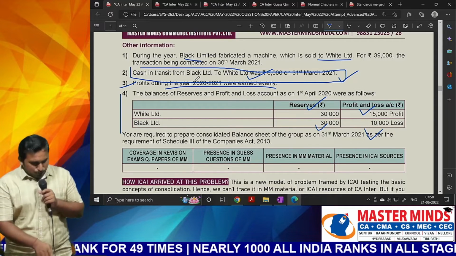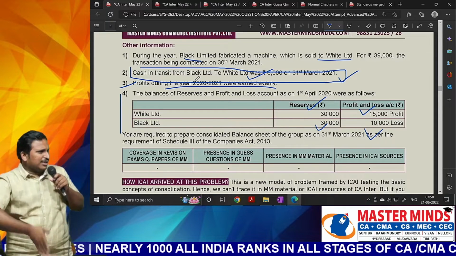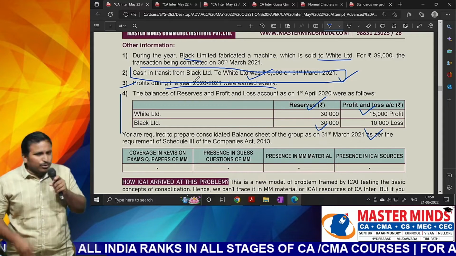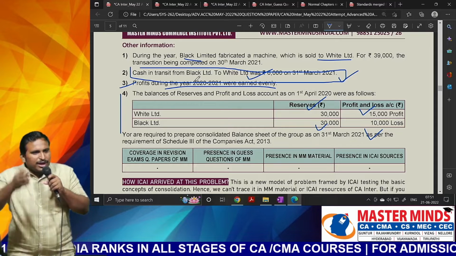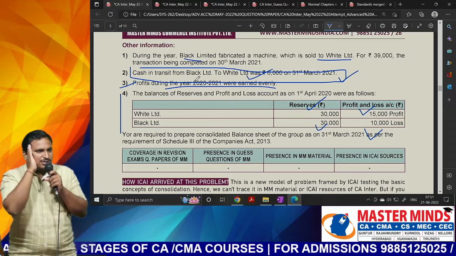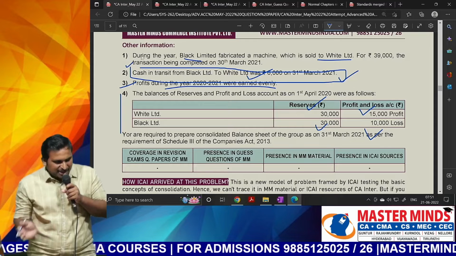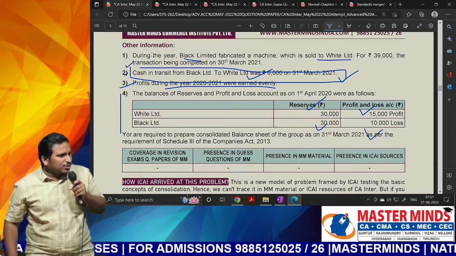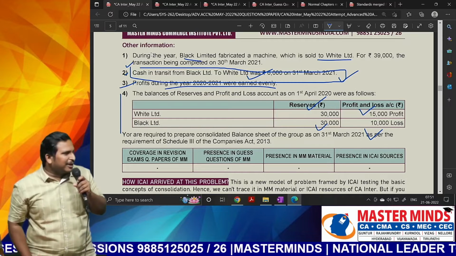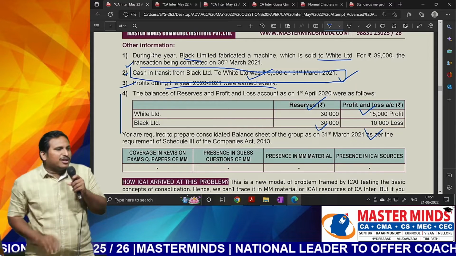Now, I think you know one point, that mutual owings will not affect the classification. Now, I think you can start giving that basic data. You can do the classification, you can compute the minority interest, you can compute the goodwill or capital reserve. Tell me, will it be affected? Just think about these 2 points, even though they are difficult, one is that machinery transfer, the other is these two mutual owings. They will never affect your classification. These two will never ever affect your basic data. They will not affect your minority interest. They will not affect your goodwill or capital reserve. So almost most of the points will not be affected, sir.